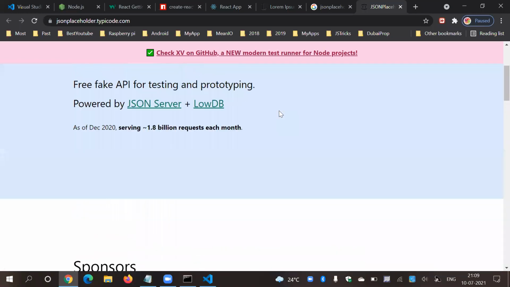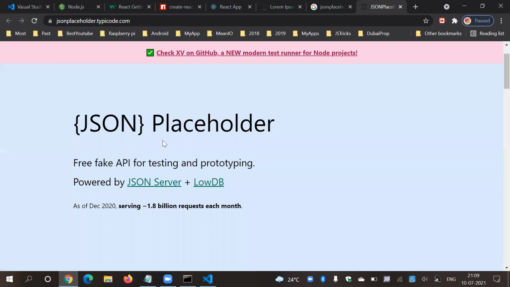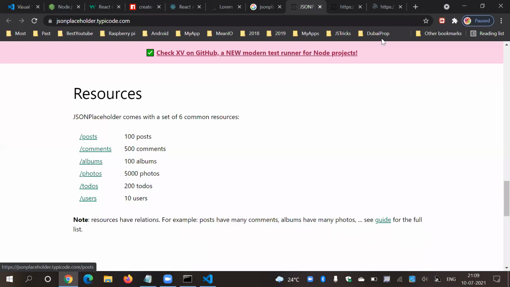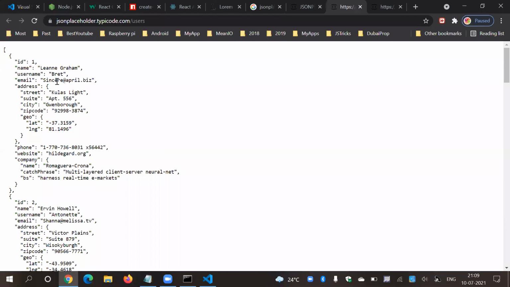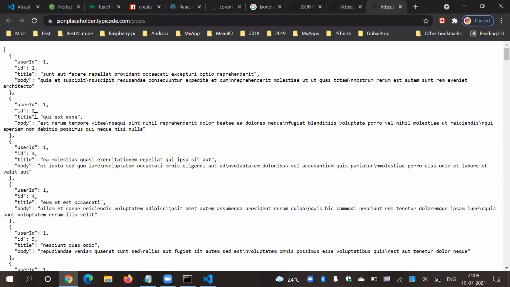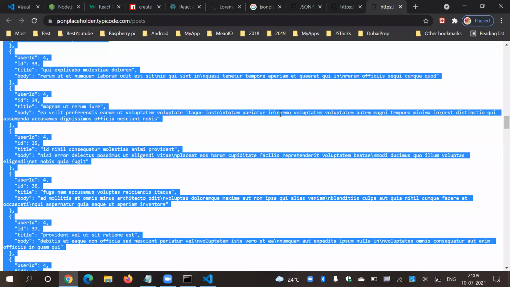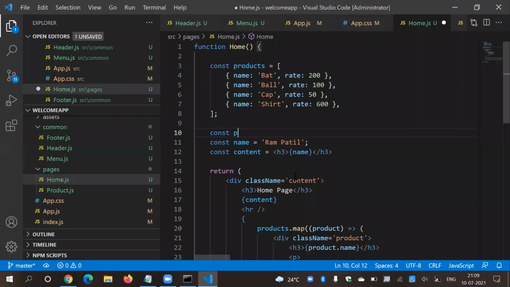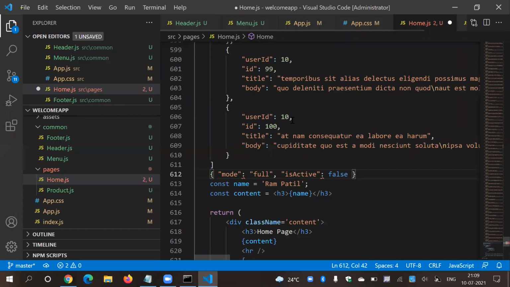So what you can do here, you will find users, posts, some fake JSON data like this. This is complicated data. Users, then here you will find the products with some stuff. So if you want posts, simply copy everything from here and replace your JSON array. Let's say constant posts is equal to this, and that's it. Oh, what happened? I think by mistake, yeah, let's go here, and that's it. Now it's perfect.